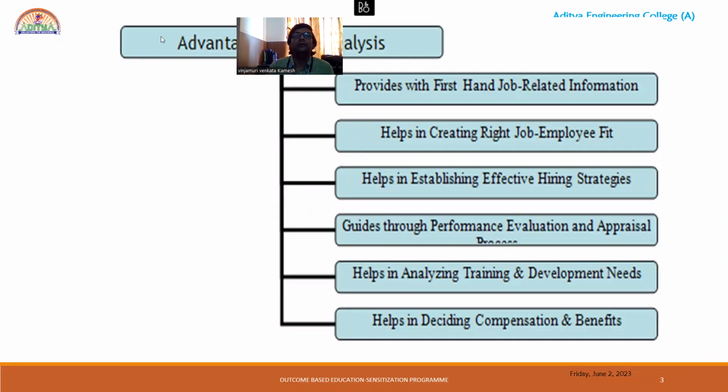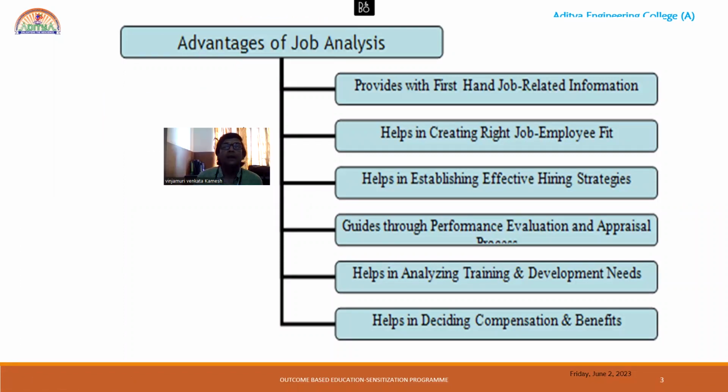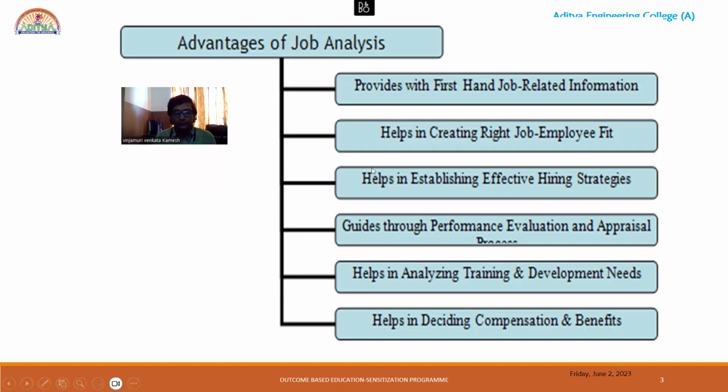So, what are the advantages? Advantages of job analysis. I told you earlier we are having some processes: job analysis,